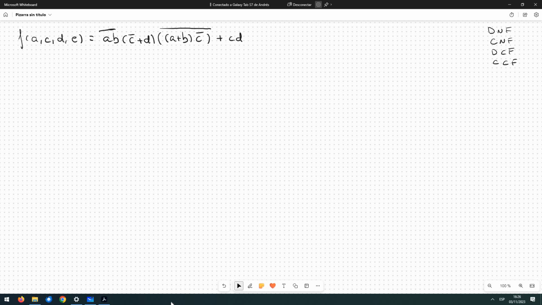So we are going to start applying some of the axioms and theorems of Boolean algebra to reach the normalized ways of representing the function that the exercise is asking for. First, we can start by applying De Morgan's law to this negation and this negation. So here we apply De Morgan's law. So we break the first product,